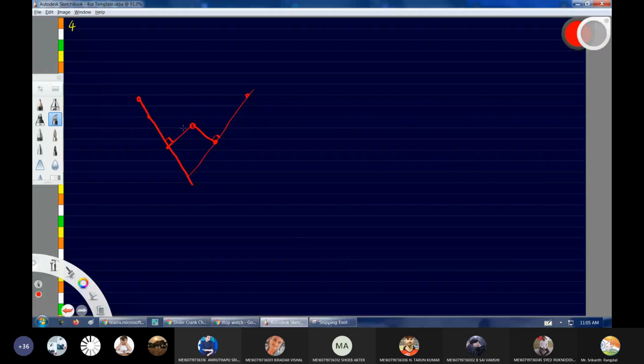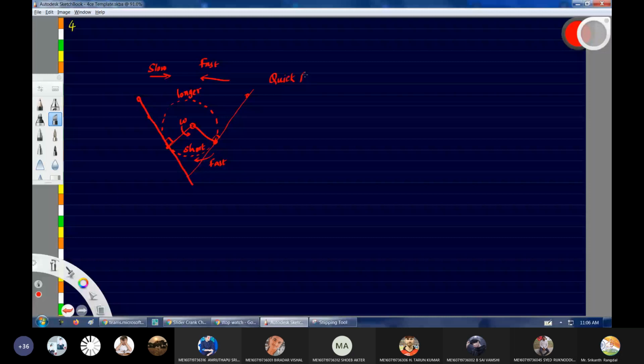Now the motion of this link will be uniform, and this is the path taken by this link. Once again, you can see the upper path is longer and the lower path is shorter. Hence the lower motion will be faster, so backward will be fast. Forward will be slow. Hence, this mechanism is also called a quick return mechanism.